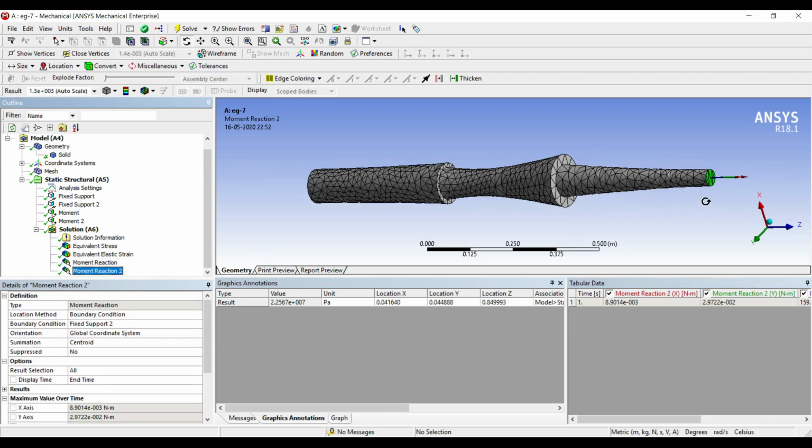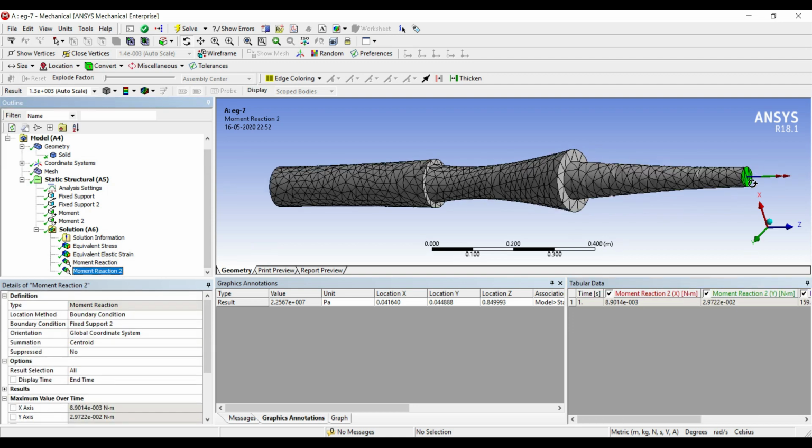And moment reaction at this other point over here, at the fourth node, the value in the z direction is 159.33, which means it is 0.159. Now if you calculate the difference between the two reactions, it is minus 1.59 and this value is 0.159. So the difference is minus 1 and the moment which was applied was 3 and 2. So assuming that one is positive and the other is negative, the answer will be 1. So here you get minus 1, there you get plus 1. So obviously the total value which you get is going to be 0.